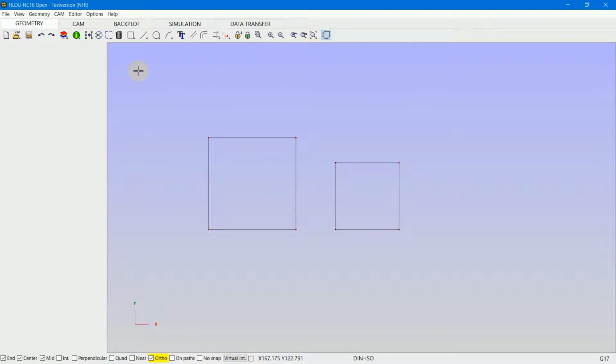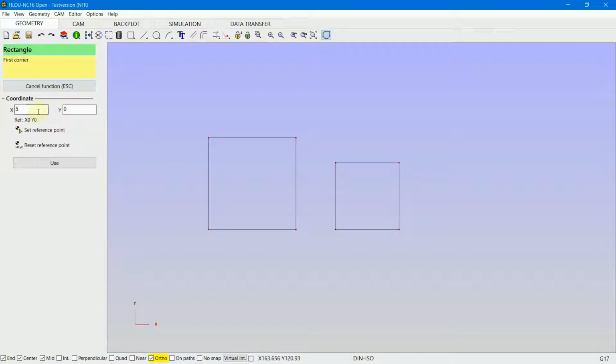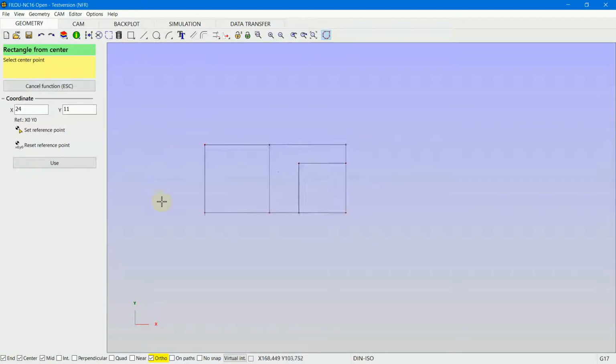There are several functions for rectangles. This is a rectangle corner to corner. We can enter some values or we can snap 2 points. Let's take this endpoint to that endpoint. Another function, rectangle from corner. From corner means,